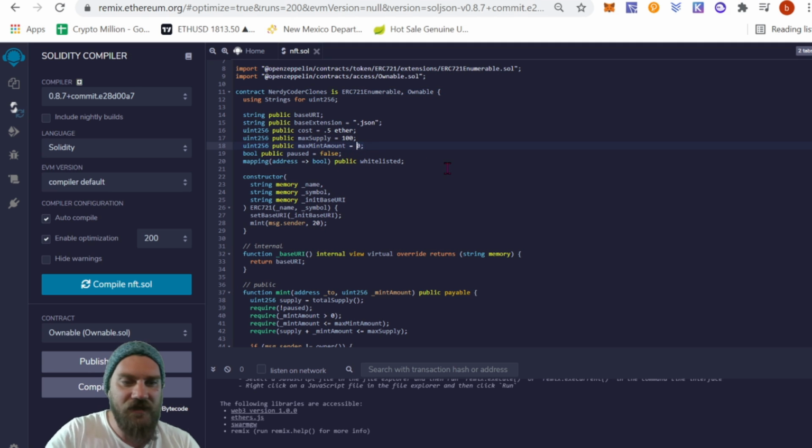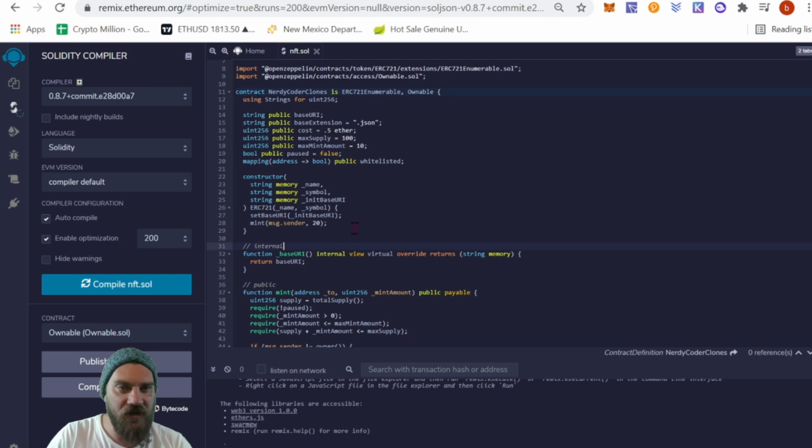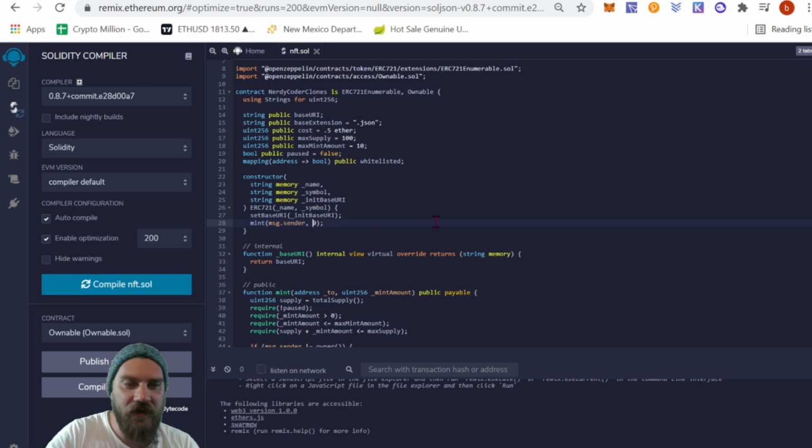Again, I'm going to change that down to 10. And then I'm going to just change this right here again to go with that. So instead of minting 20, we're going to mint 10 into our wallet as soon as we launch this contract. As the owner, this gives us 10 without having to pay the fee or the gas fee. It's going to be all part of the gas fee of launching the contract, deploying it onto the network.